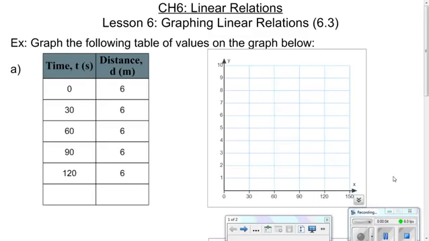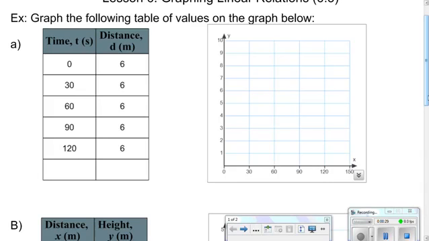Okay, we are in our last lesson for chapter 6, linear relations. We are continuing to look at graphing linear relations, what graphs look like, and maybe what kind of situation they would represent. So make sure that you are really thinking about what's going on and what the graph is showing you. Okay, so to start off, you're going to graph the following